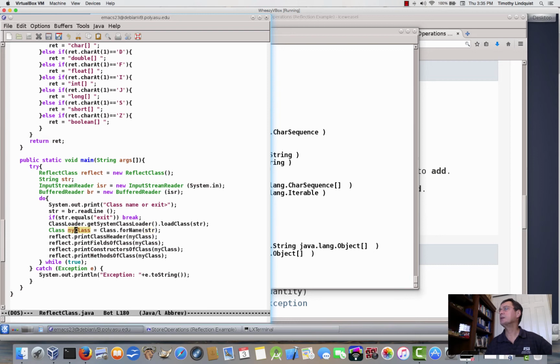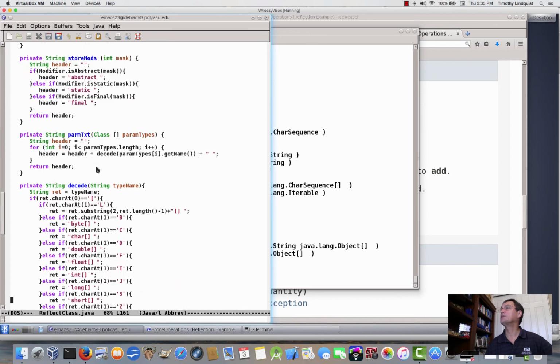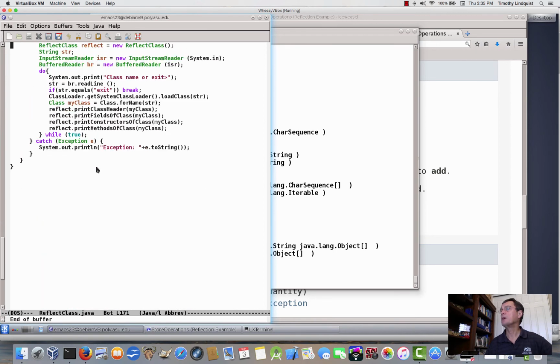So this is getting me a class object, an instance of the class called my class. And now I'm calling my reflect, print class header, print field of class, print constructor of class, and print methods of class. All right, so this is calling the different methods above. So I'm passing them a class object,